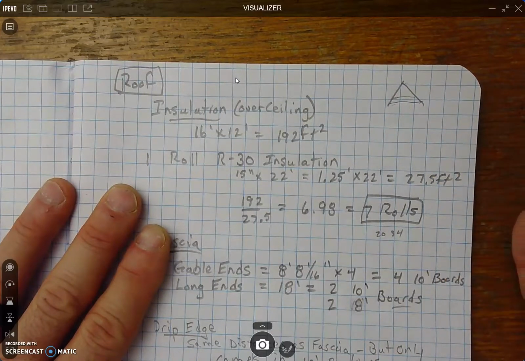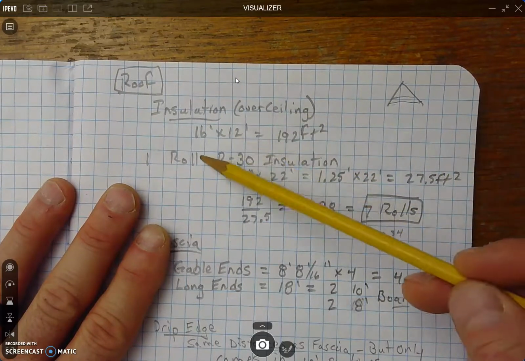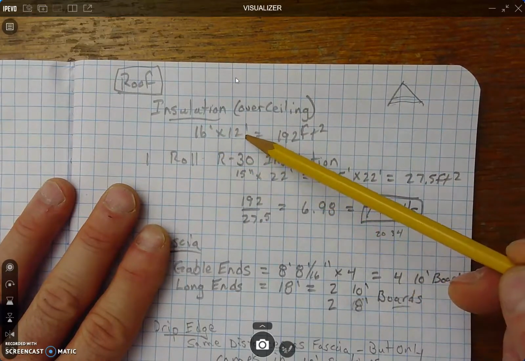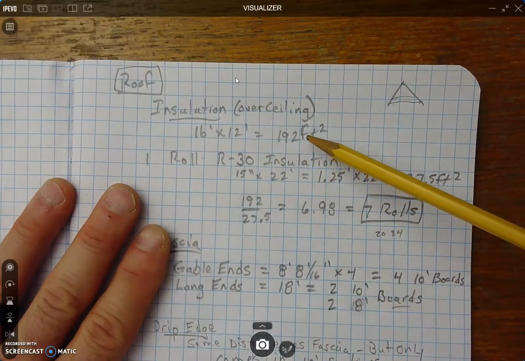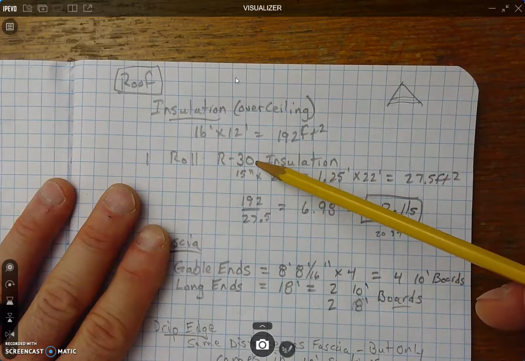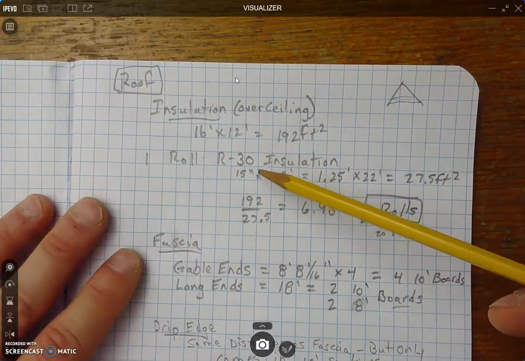shed. That's pretty simple. Our shed is 16 feet long by 12 feet wide. And so we just multiply those together and we get 192 square feet. So we got to get enough insulation at what we call R13, a thicker insulation, to cover that amount of